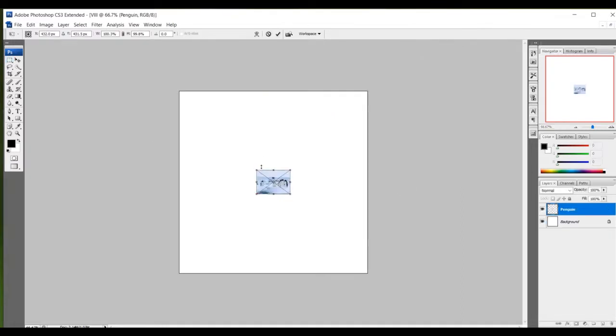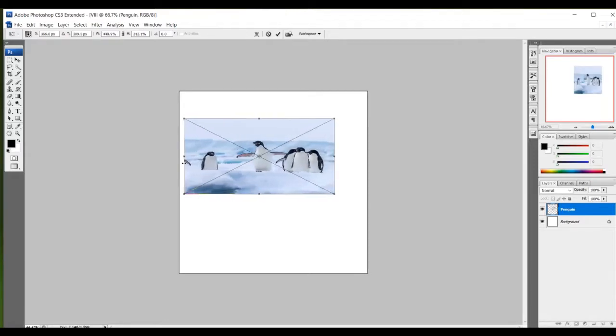So now, see here students, you can see it is very small. Now I want to adjust it with the help of the mouse by dragging it.